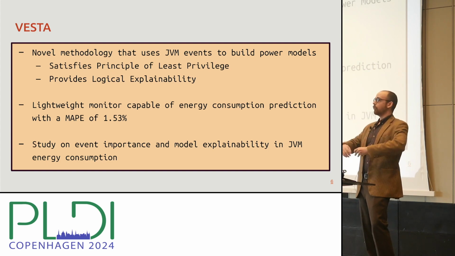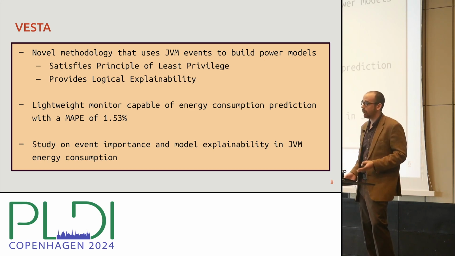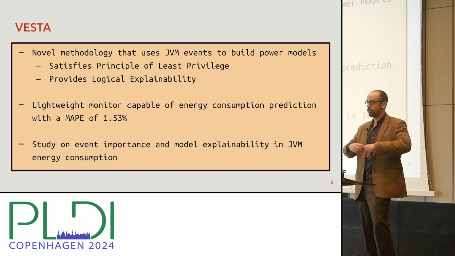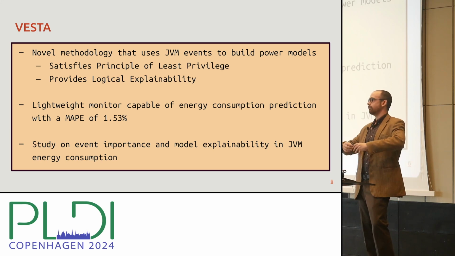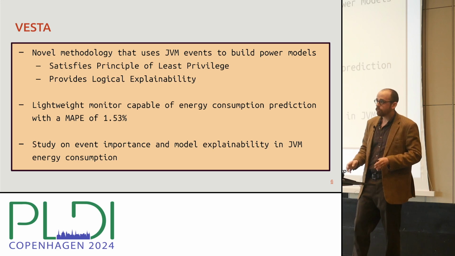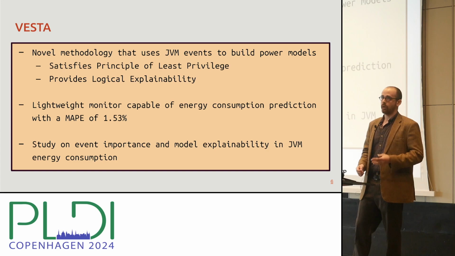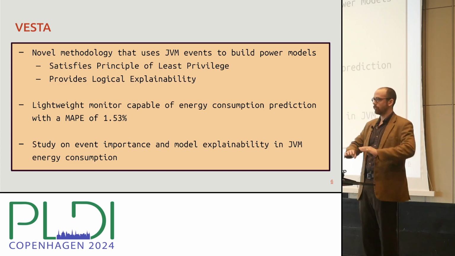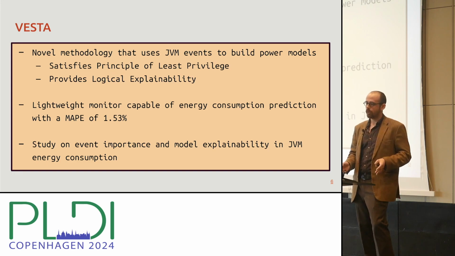And ideally, all those different events that we're tracking are going to tell us something about the application itself, right? So our model is going to give some kind of indication to a developer, perhaps, of saying, oh, this is why I consumed more power in this instance, okay? In terms of the tool itself, VESTA is very lightweight. It's capable of predicting energy with a mean average percent error, over the 37 different benchmarks that we checked, of only 1.53% error. And in the paper, we provide a study on event importance and model explainability with these JVM